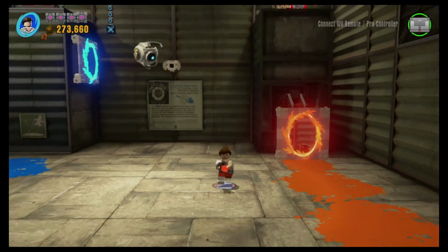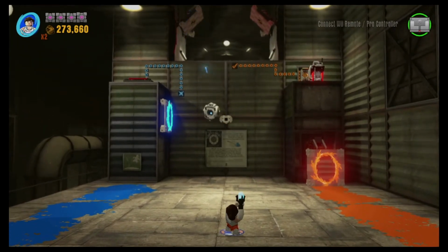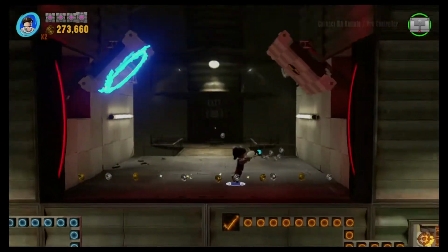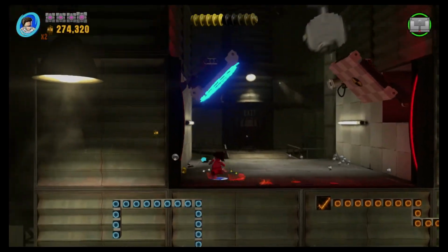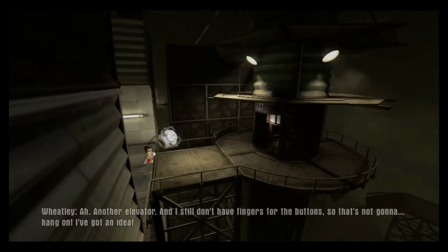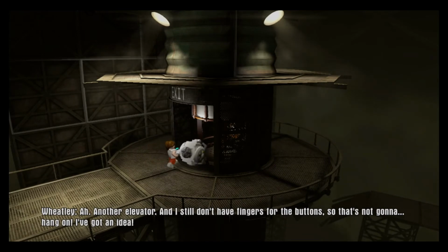All right, so I'm gonna make it with the orange there and put the blue up there. I'm just breaking everything. Here we go. We're gonna come out of there. Awesome. All right, we should have all of our mini kits up to this point. Oh, another elevator. And I still don't have fingers for the buttons, so that's not gonna...